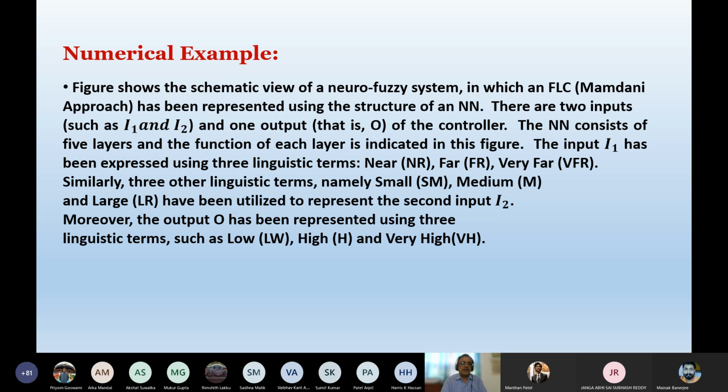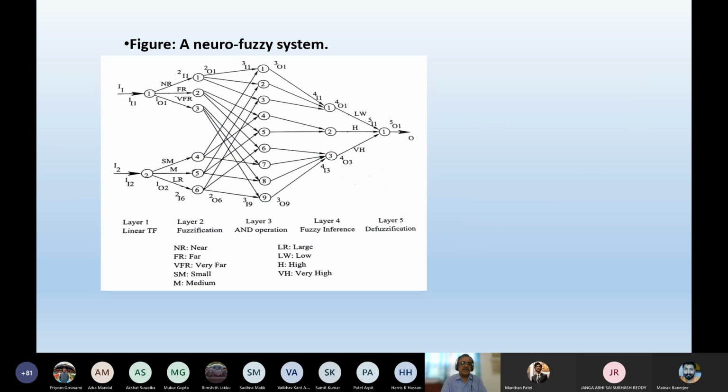Okay, let me concentrate on this example. In this, between layer 2 and layer 3, and layer 3 and layer 4, there are no connecting weights. But while designing this neuro-fuzzy system, you always have to think about the working principle of the Mamdani